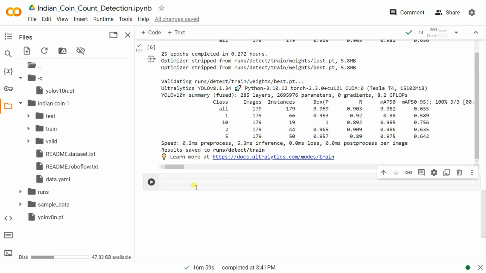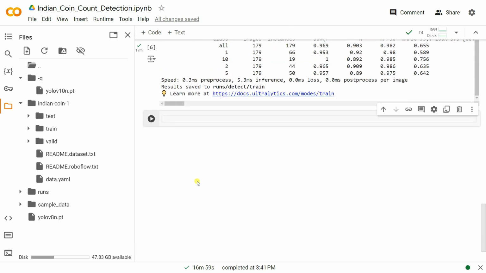Well, so our model training is completed. Now what we're going to do is test it out on our validation data set. For that, you also need to import Ultralytics. So let's say from ultralytics, I'm simply going to import YOLOv10. Yeah, the YOLO should be capital, and the v should be small, and 10. Now I am simply going to create one instance of YOLOv10, and inside that